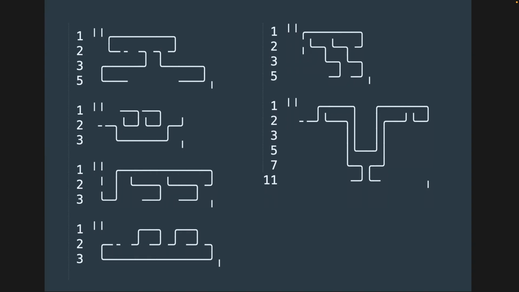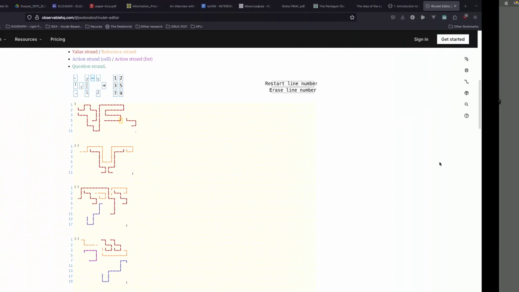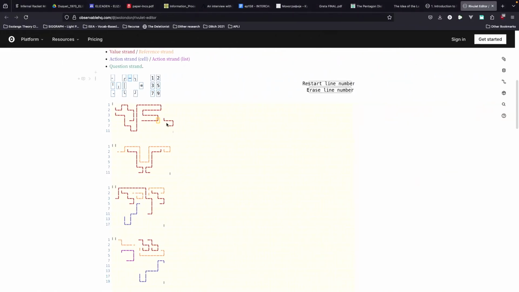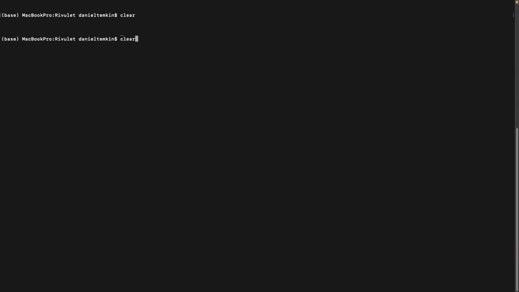So actually, I think I'll just show. So one thing that makes this a little bit easier is to show you. Oh, so one of the other things that Joe Wood did is he made a little Rivulet editor so that as you're doing this, instead of typing stuff in like Sublime Text or whatever, you can do that, and then you can sort of select and drag your strand around to be able to sort of make it tighter or do whatever you want with it.